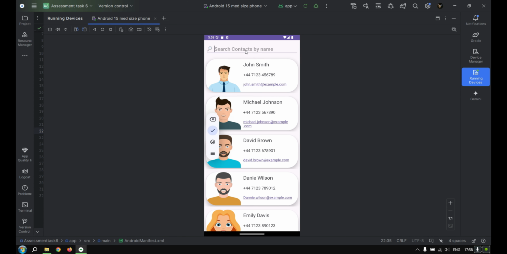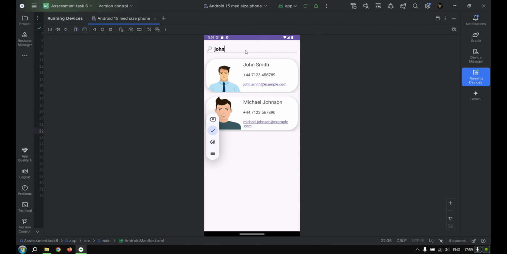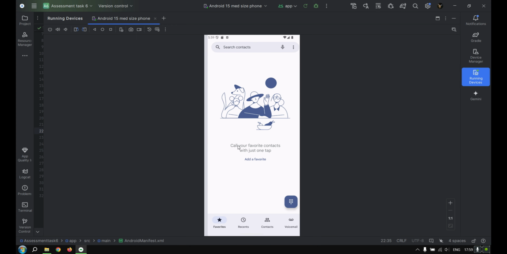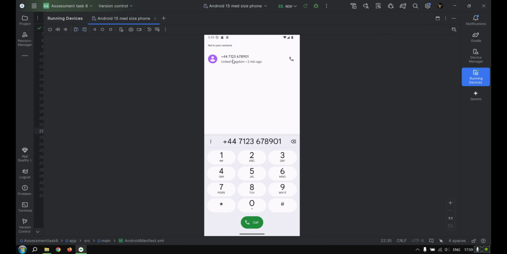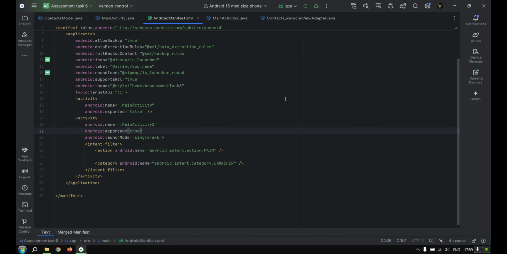Also, there is a search filter. Once you try to type, let's say John, as you can see, it's erasing the data, reducing the contacts. If you click on any of their images, it's allowing you to dial them or do any other interactions. I'm not gonna dial them now, but the thing is, I wanted to start with activity main 2 for the